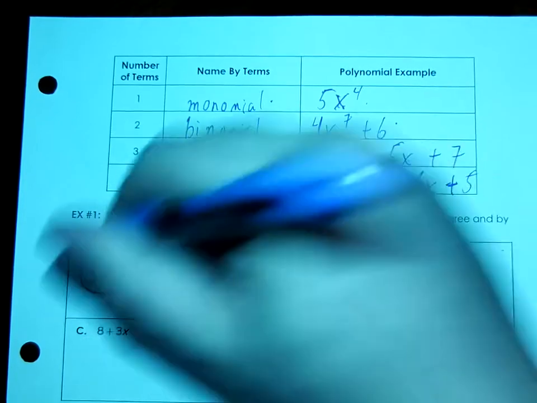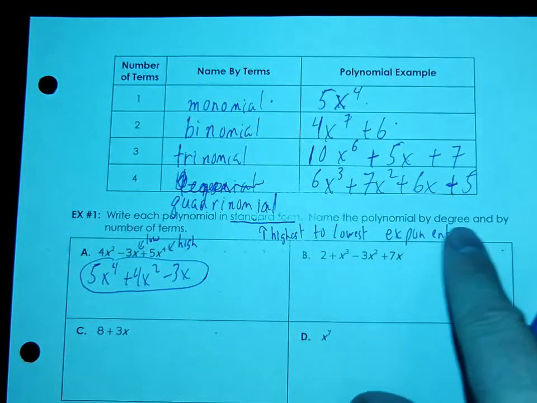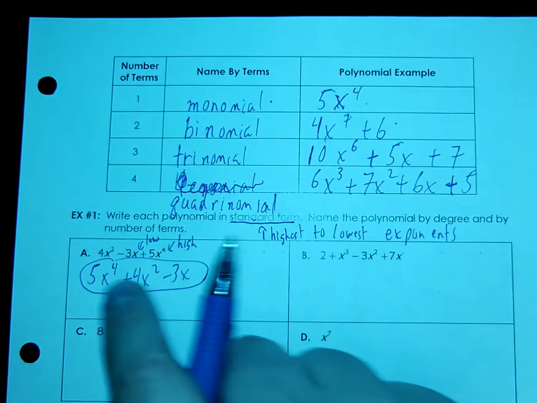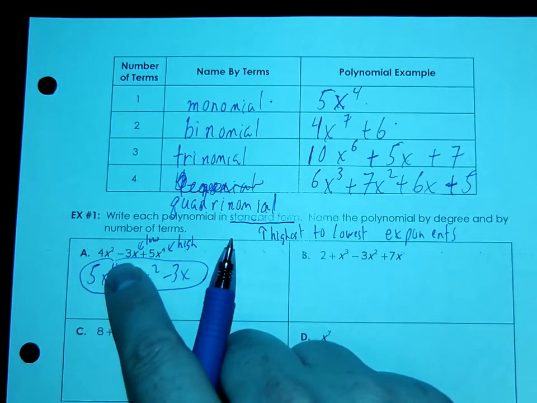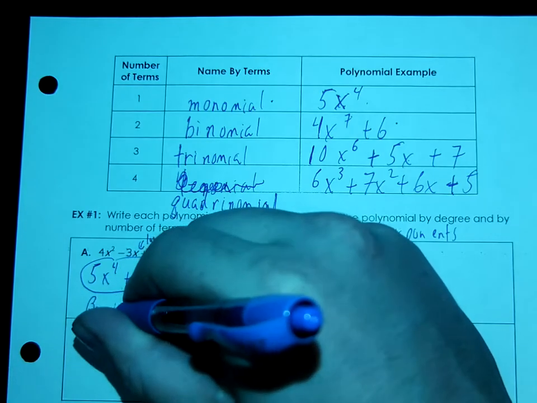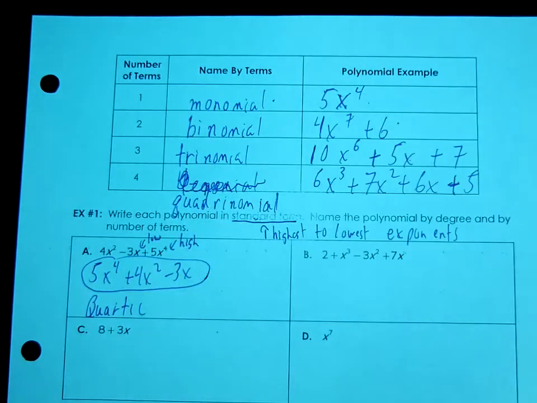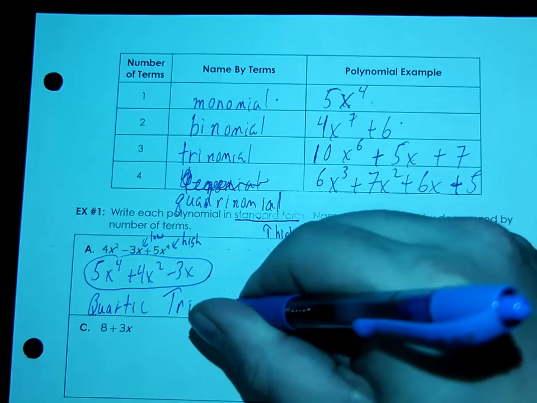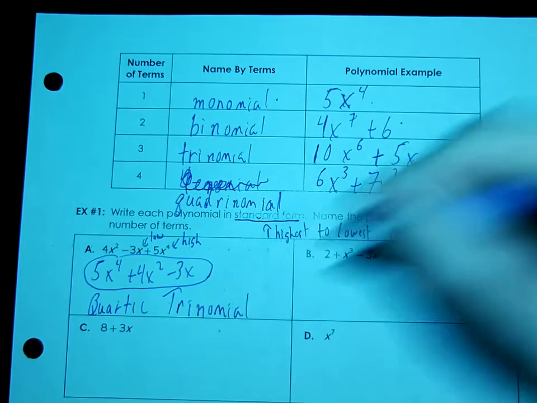The second thing here is it says name the polynomial by degree and by number of terms. So I put the degree part first. It's a 4th degree, so it's a quartic with 3 terms, trinomial. Now if you put the names in the wrong order, I'm not going to take out